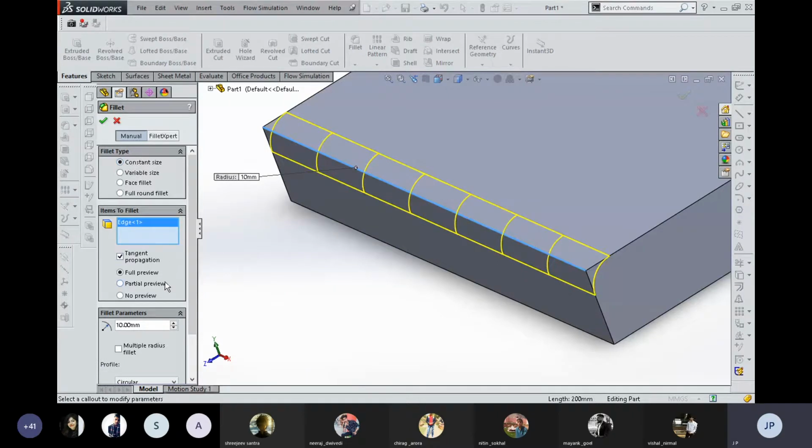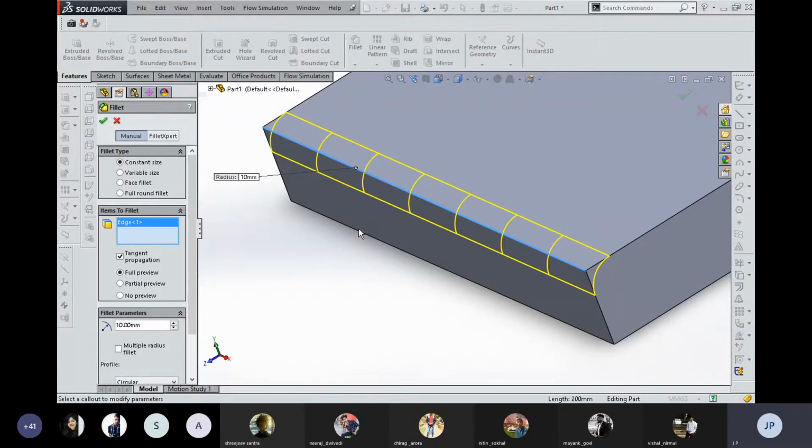One more thing, while applying these tools on a component, in the workspace you can see the full preview of this part. If a complex geometry is to be created, some users do not need a preview of what is going to happen. So you can deactivate all these things from full preview, partial preview, or no preview. These are the useful features available in SolidWorks that can be modified as per user needs.